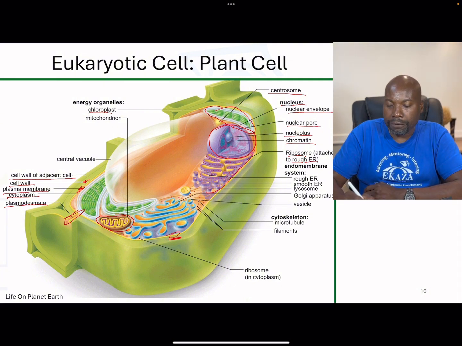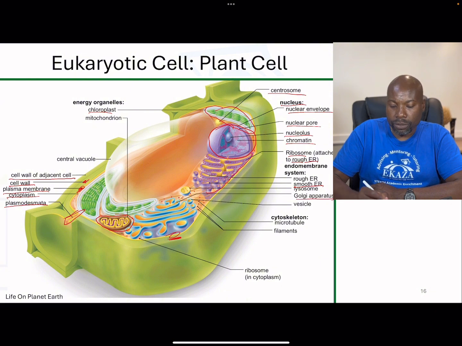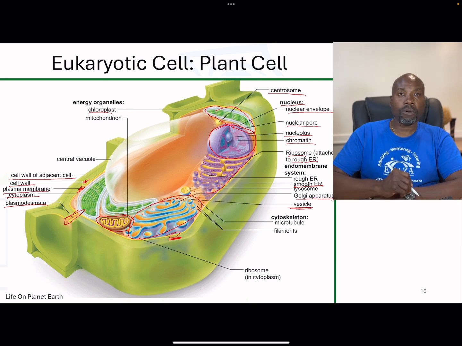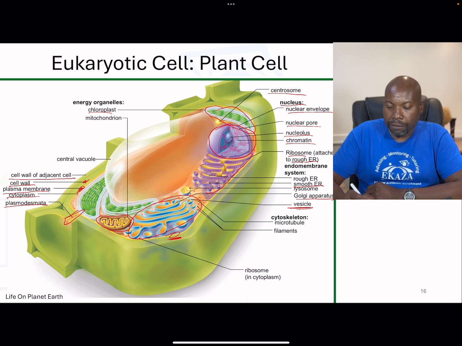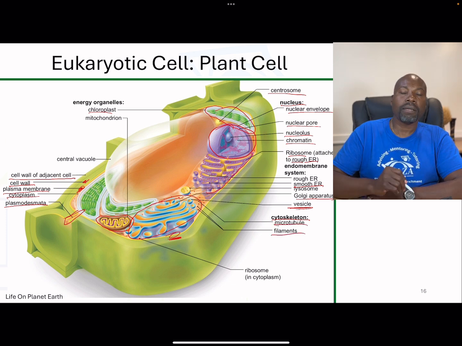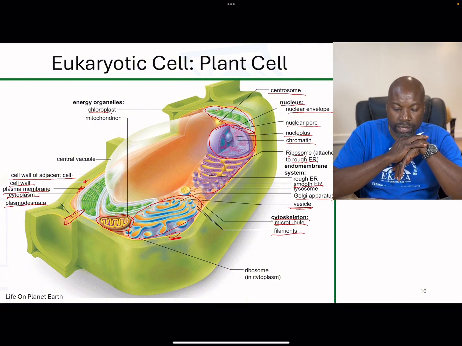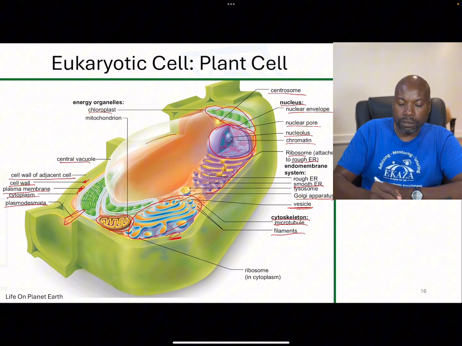Then we're going to have the smooth endoplasmic reticulum, and then the Golgi apparatus right here, and some transport vesicles. We also do have the cytoskeleton, including microtubules and microfilaments. We also have intermediate filaments, even though they are not shown here. Central vacuole, so this,